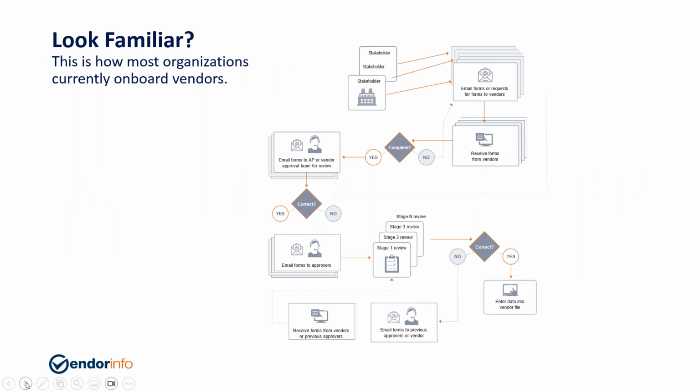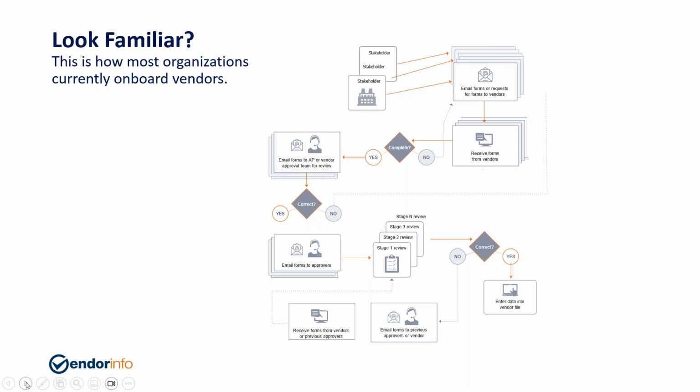is most organizations are using what I'd call a manual or semi-automated approach to onboarding vendors and managing changes to their vendor information. You know the drill. A stakeholder in your organization collects some forms or requests to onboard a supplier. In many cases, those forms are PDFs. Some of you still rely on paper. Many of you have packets for new suppliers that could be 13 pages long.